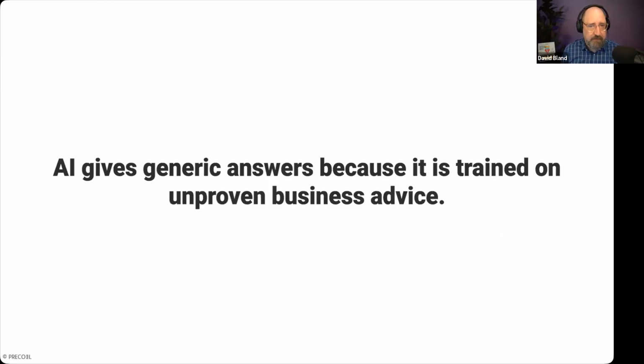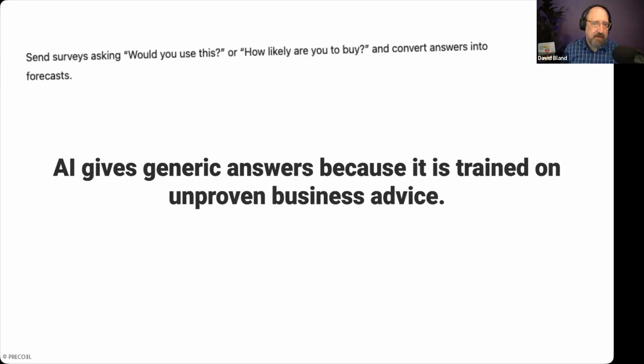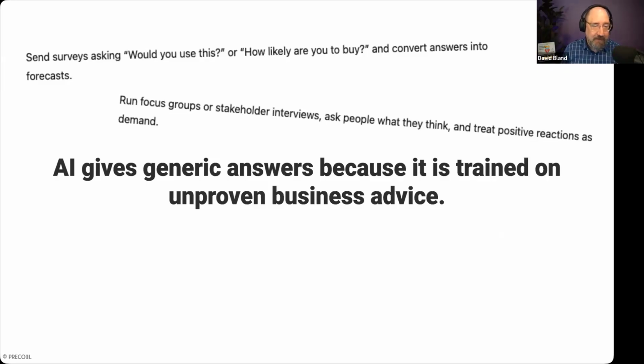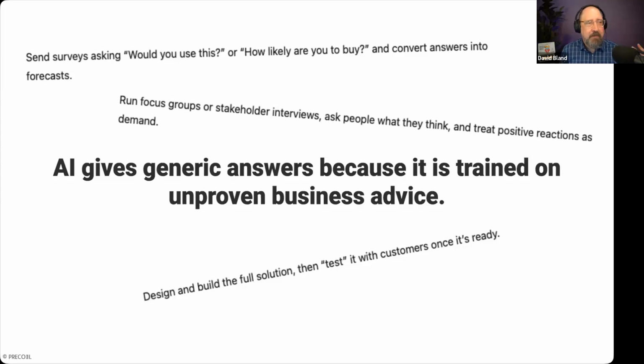And it'll hallucinate experiments. It will tell you to go off and just ask, would you use this? Or how likely are you to buy? I am sure there are business books it's taking this advice from, or blog posts, or maybe Reddit, who knows? Startup Reddit's kind of a train wreck, so it might be pulling from there too. But this idea of like run a focus group, just go ahead and build the whole solution. I would say,